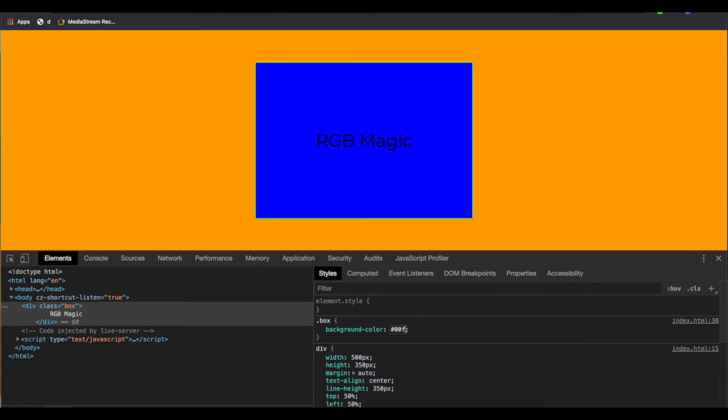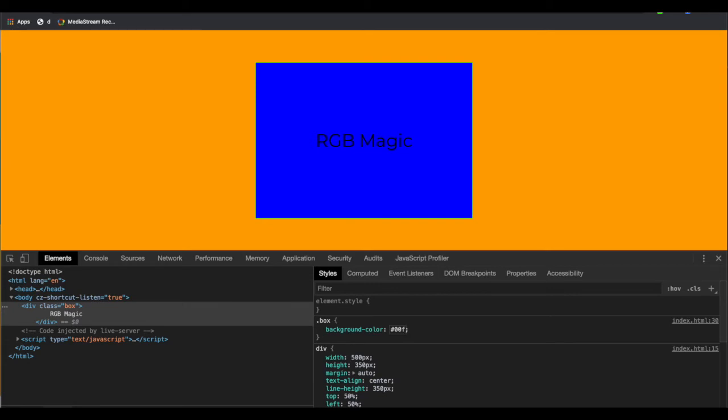So how does it take this? It automatically repeats every digit twice, so 00F becomes 0000FF. It repeats itself to make it 6 digits.